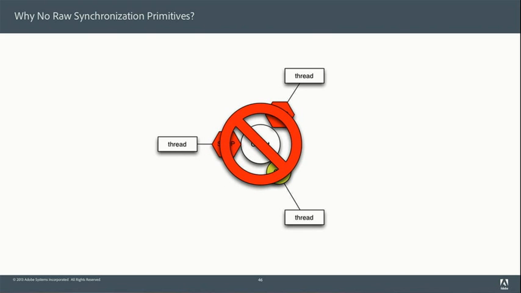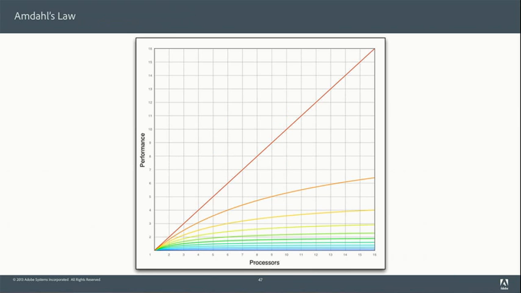It's the wrong model to think about threading. Here's why. This is a graph of Amdahl's law. People know what Amdahl's law is? Hopefully everybody knows what Amdahl's law is. As we're reading it here, it's basically how well you're going to scale.